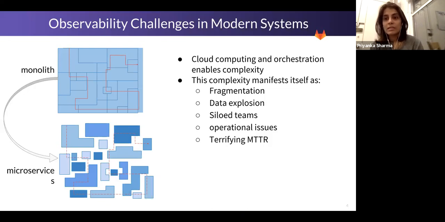Before we talk about tracing per se, let's talk about the environment we are in today and how it fits in. So, as many of you know, we used to develop software monolithically. It was all a large box and requests would go through it. It was easy to see what was happening and debug problems when they occurred.